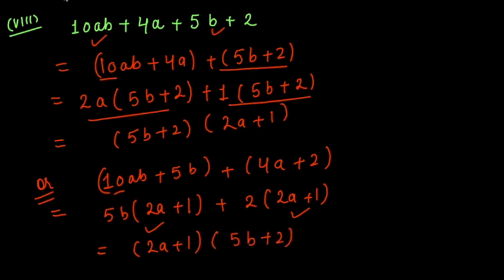It means the second regrouping which I have done is also correct. Right? In both the cases you see your answer is 5b plus 2 into 2a plus 1, which is the same as here, 5b plus 2 into 2a plus 1. So your regrouping can be different, but your answer should be the same and your terms inside the brackets after taking common should be exactly the same. Okay, so I have explained it in two ways when we have regrouped different terms.